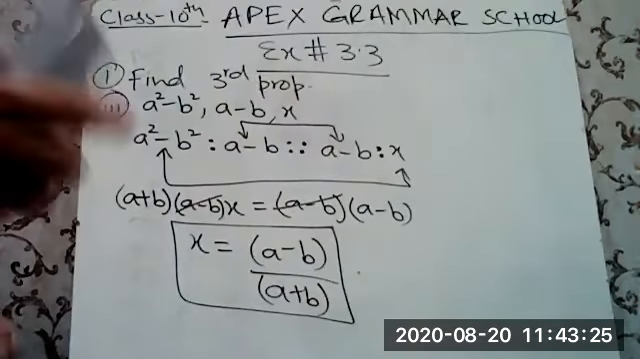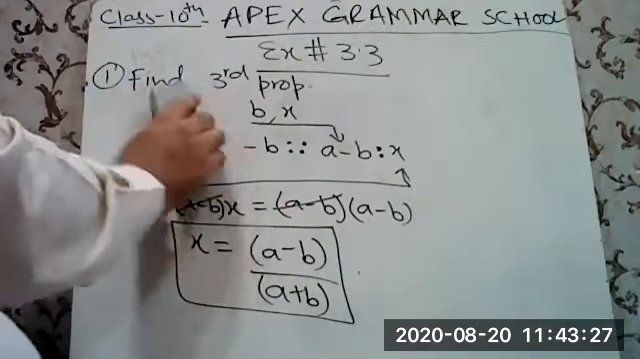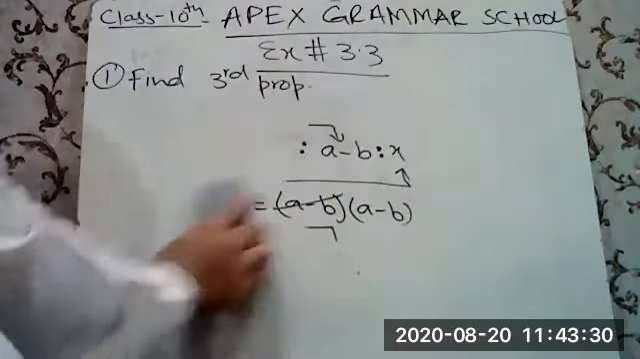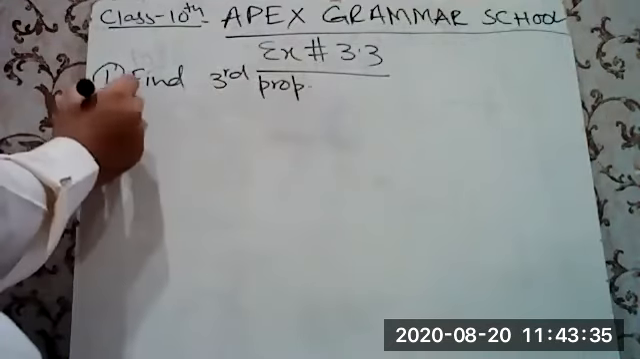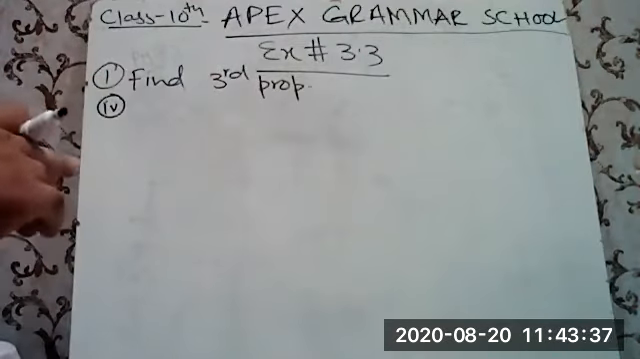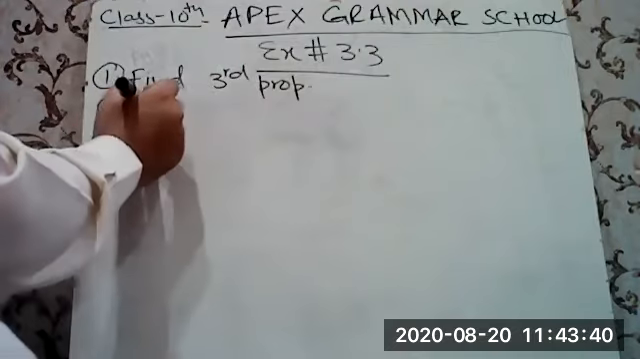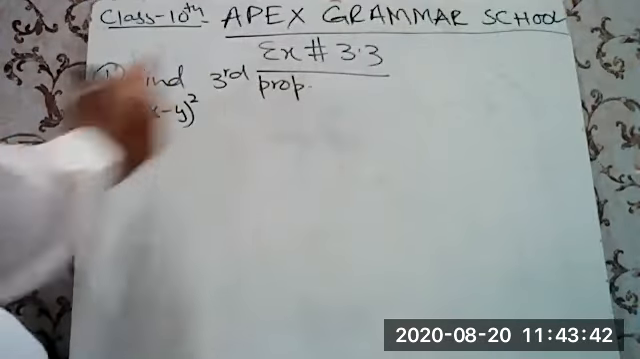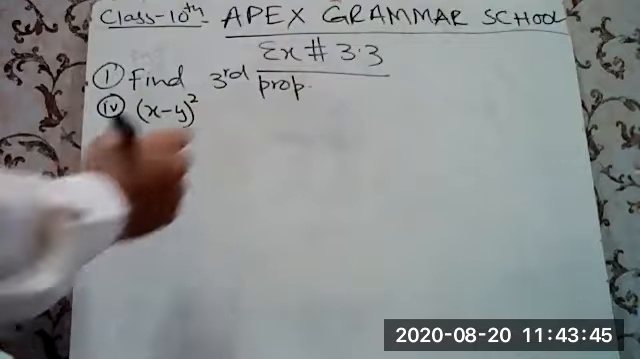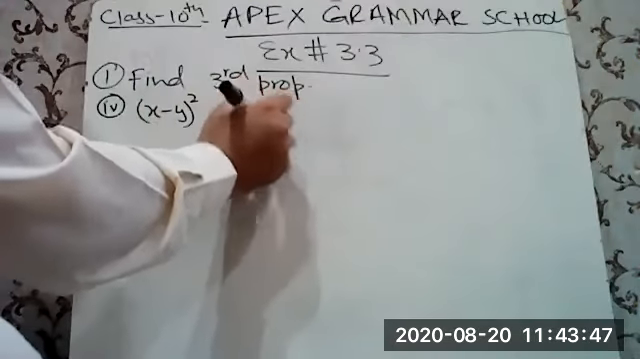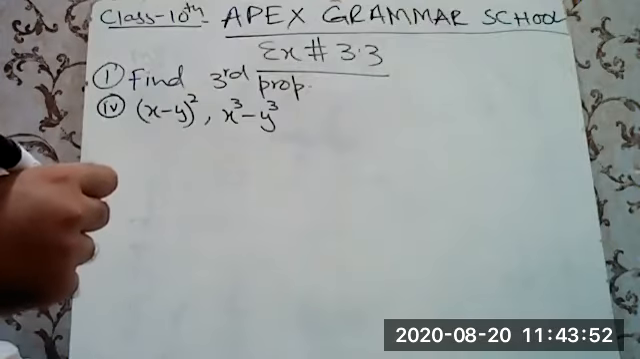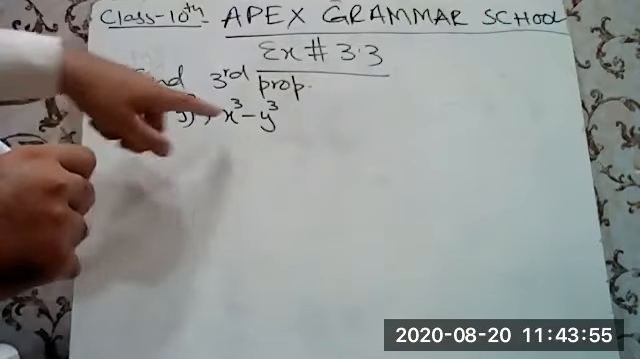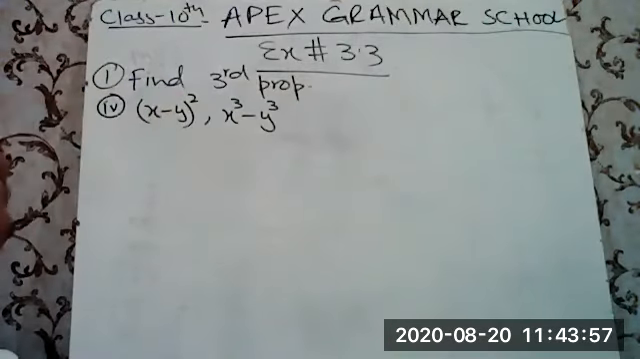Now the fourth part of this question, that is x minus y whole square and x cube minus y cube. Now x minus y whole square and x cube minus y cube both are the formulas. So